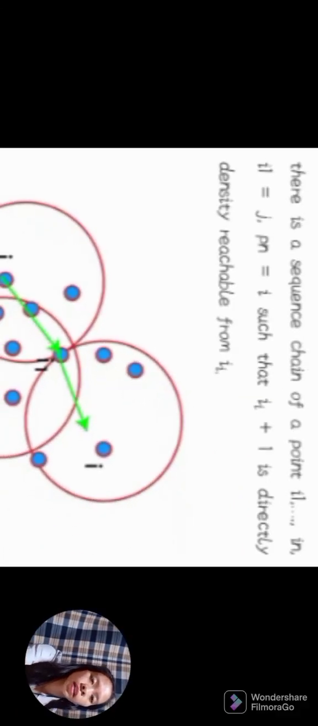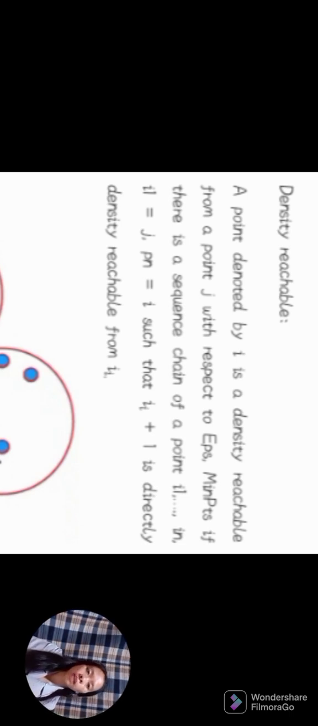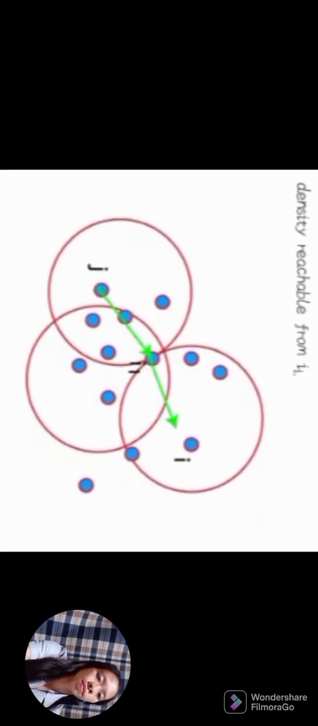Density reachable. A point denoted by i is density reachable from a point j with respect to Eps and MinPts if there is a sequence chain of points i1, ..., in, with i1 = j and in = i, such that i(n+1) is directly density reachable from i(n). For example,